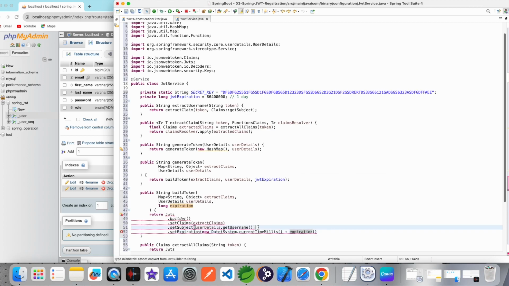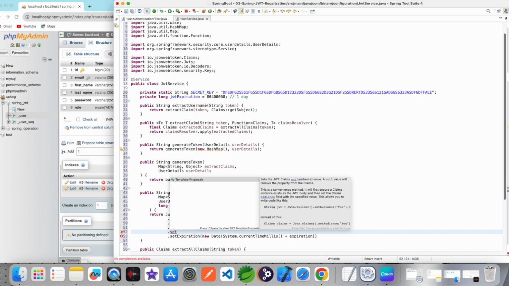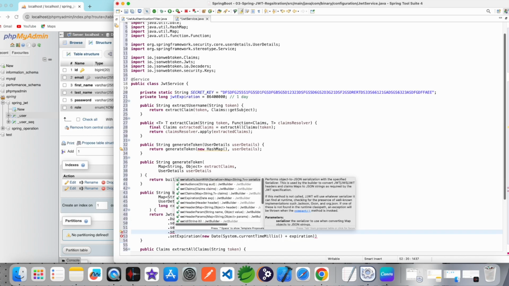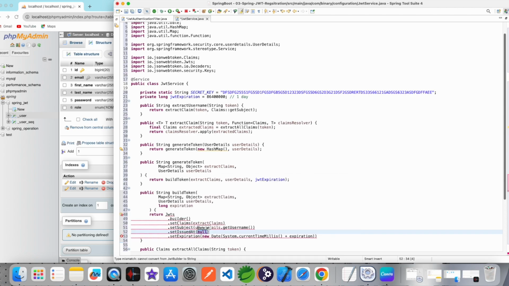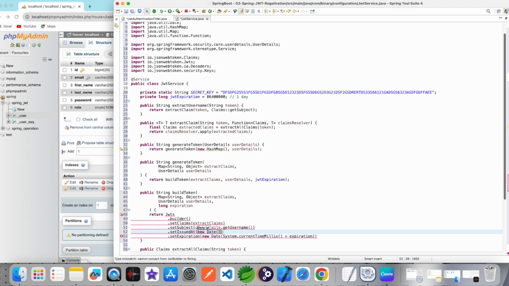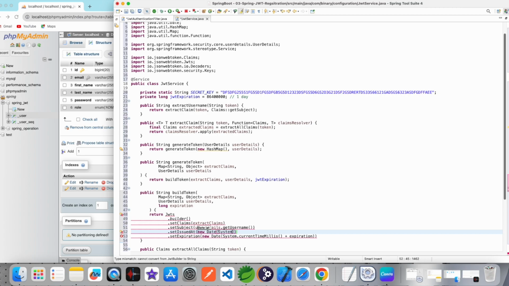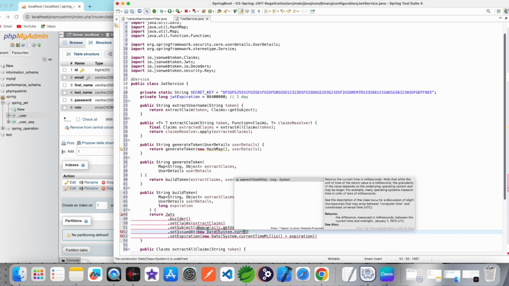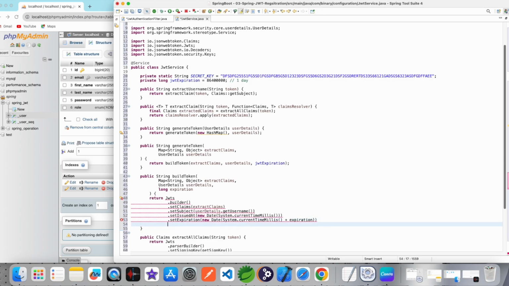Before that I forgot to add set, then it is set issue date, new date, system dot current millisecond. And after set expiration, set